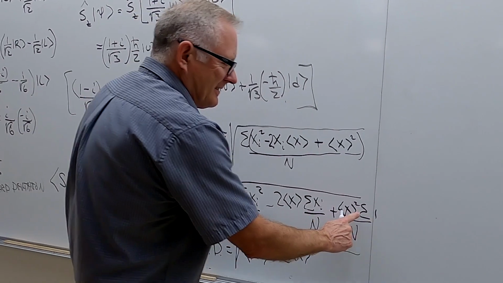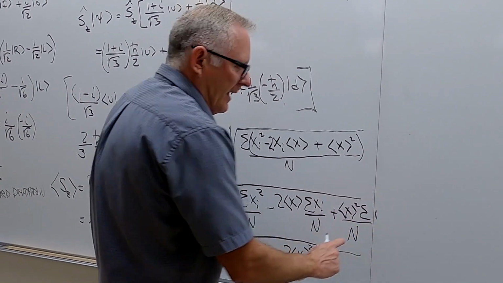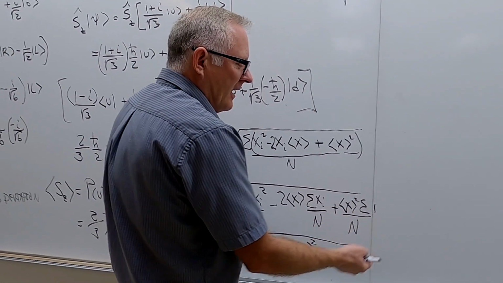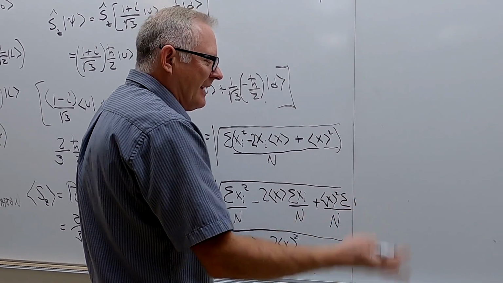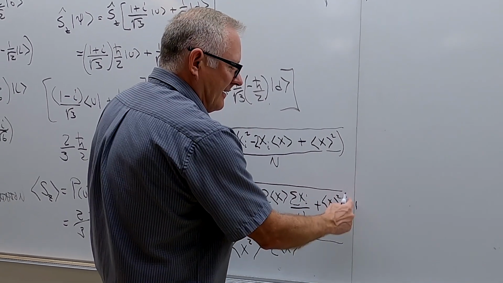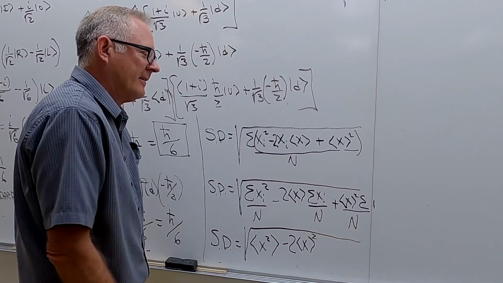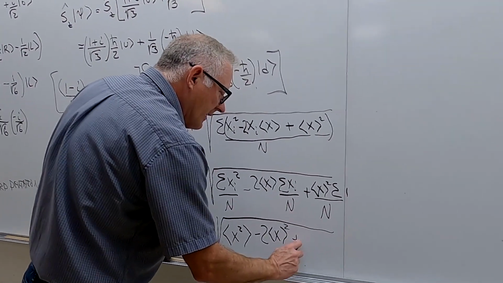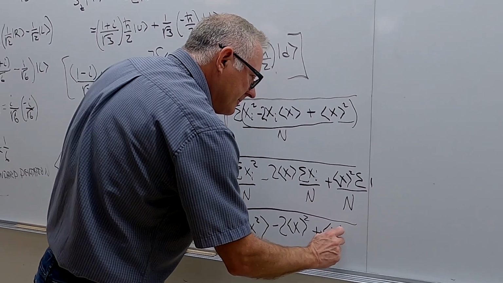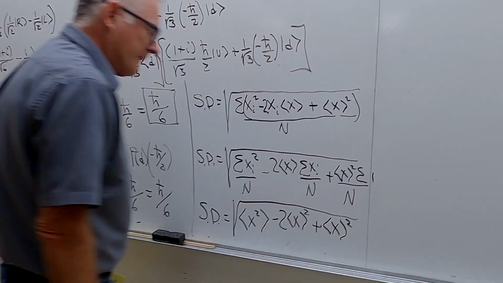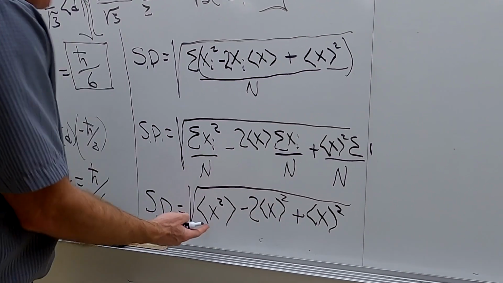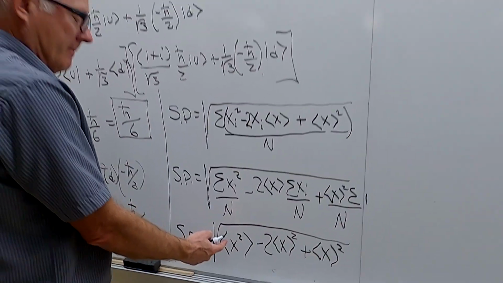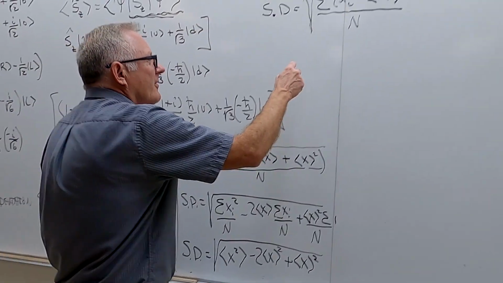And then this, what's the sum of 1? How many terms do you have? You have n terms. You have 1 plus 1 plus 1 plus 1, n times. Well, that's just n, and that n cancels with that n. So this is just plus the average of x, squared. Well, I can combine these two together. I can't combine that because the square is inside. So it looks like the standard deviation